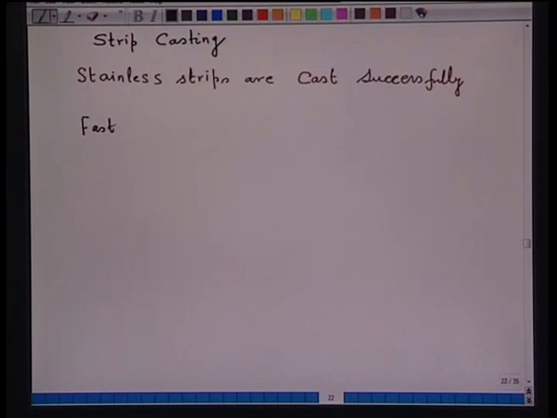Now, as molten steel is cast directly into the strip, the cooling has to be very fast. Now, the fast cooling has some very important features. The fast cooling may result in small equiaxed grains, much less segregation,